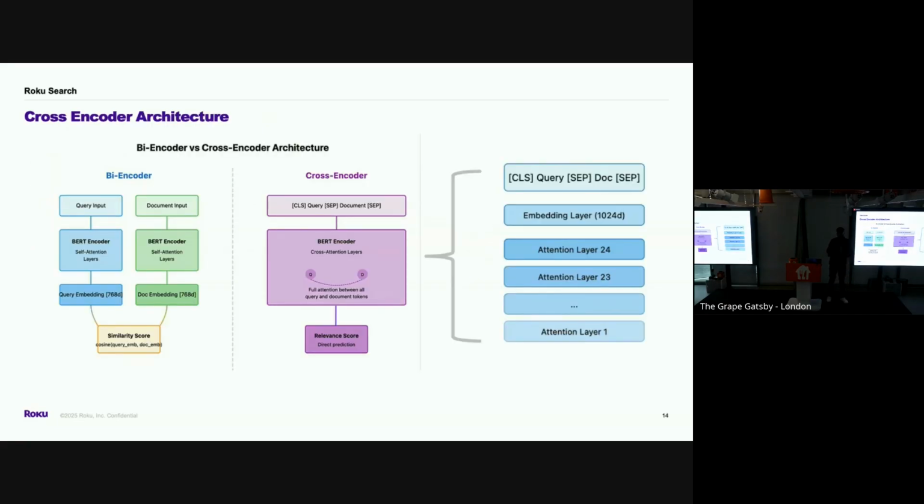Now, what is a cross-encoder? In a bi-encoder, when we train it, you saw that the query side and the item side are independent. There is no interaction until the last layer, where we compute the similarity score. With a cross-encoder, BERT has access to both the query and the item details, so it's able to effectively make a decision. These cross-encoders also vary. They could be as big as, I think, 24 layers, or we can add more attention layers. It's not cost effective to run the default, say, 24-layer attention cross-encoder. So what we did was